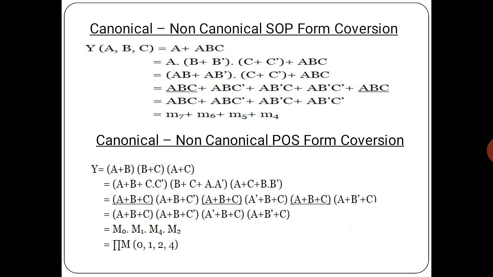So now we are going to use the same concept. In this particular thing we are going to multiply c into c bar equal to 1, and a into a bar equal to 1. So complemented will be multiplied with the non-complemented thing, it will be 1. So now we are going to expand the terms, and also now we can check the redundant terms. Redundant terms means repeated terms. So a plus b plus c, it will be the repeated term.